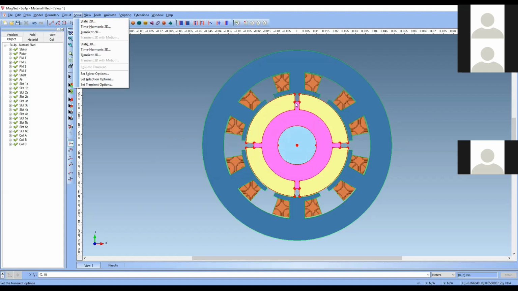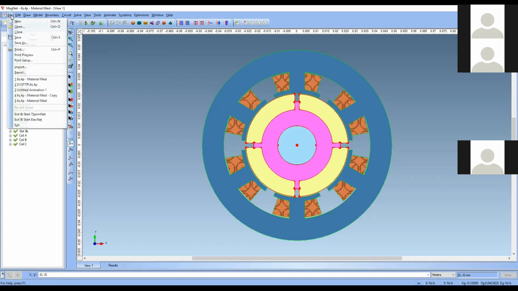Likewise, from 0 to 360 degrees you take it in different steps, copy the results, paste them in Excel, and plot the graph. If you do it like that, it is similar to transient analysis only, so it is not different. So in the trial version also, if you put in a little effort, you can get the transient results. Now let us see how it is getting solved.